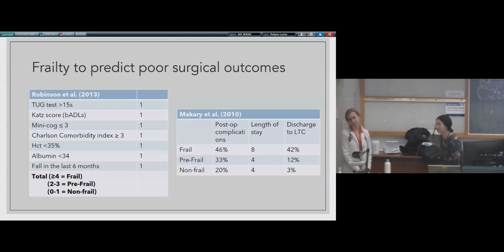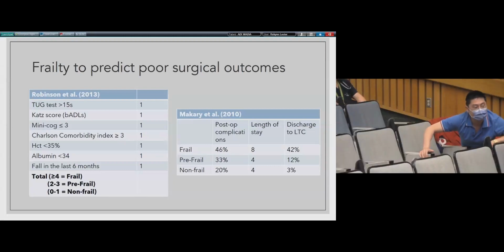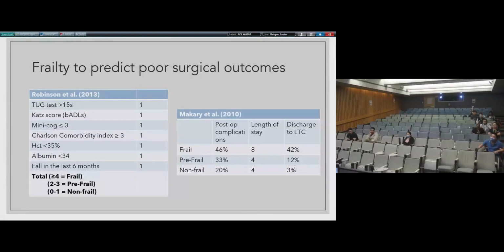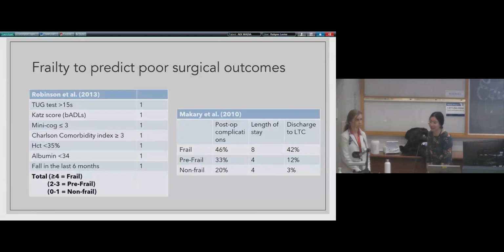So for the non-geriatricians who are going to have geriatric patients, which is the best measure to use? Is it the overall frailty score? Because obviously we're not going to be doing a tug test and a CAT score and a mini cog and a Charleston comorbidity. So I'm obviously biased, but I think the best assessment would be collaborating with us as the